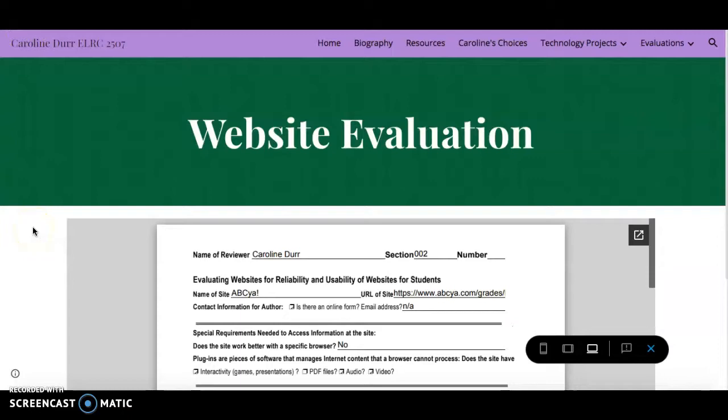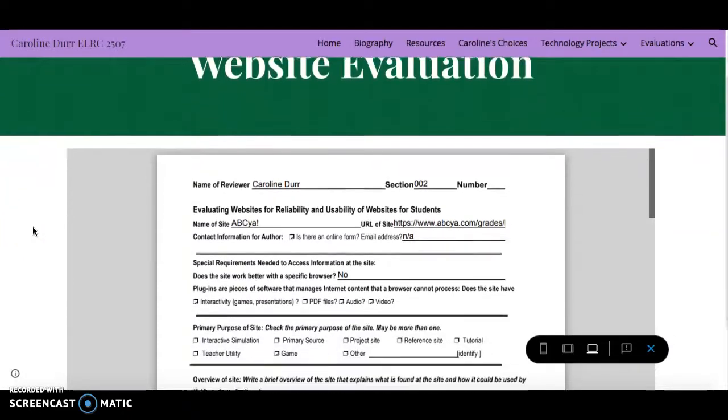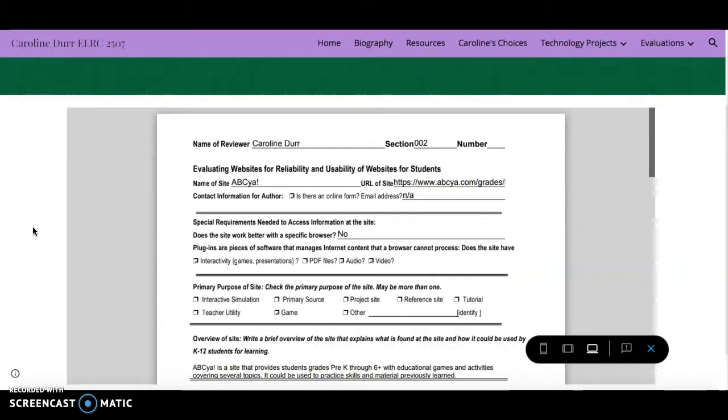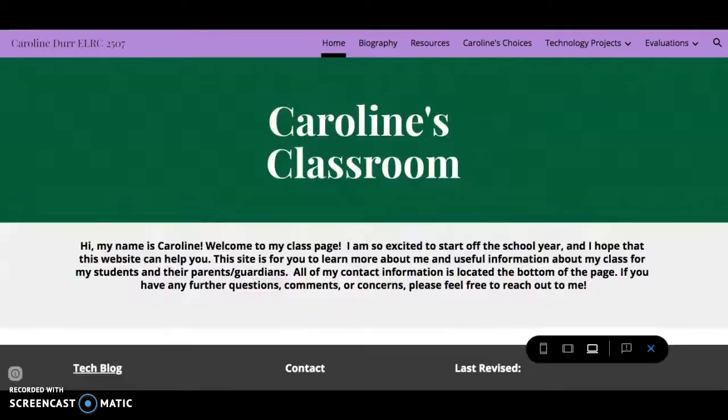This is the website evaluation page, which includes my website evaluation and review of the website ABC Yeah, which is an educational gaming site for kids. I can see this website being useful to me and my intended audience because it has a lot of valuable information and it's easily accessible for everybody, and it is a great tool and resource for parents, other teachers, and